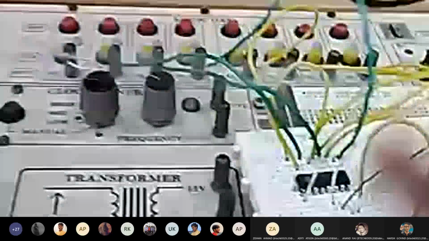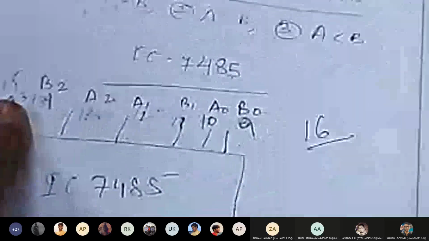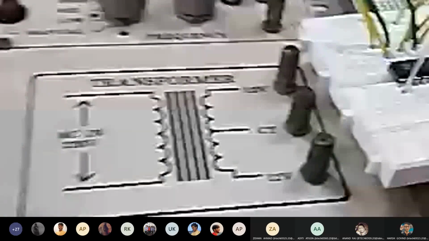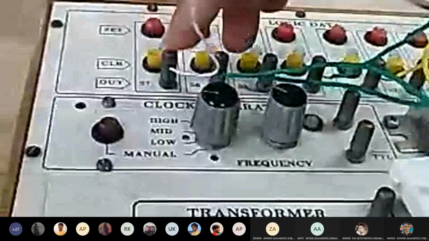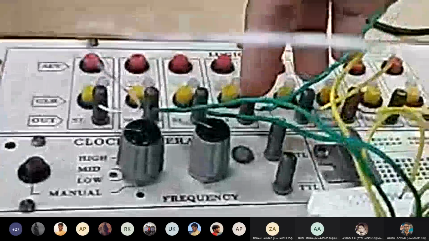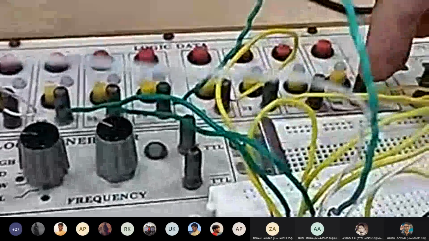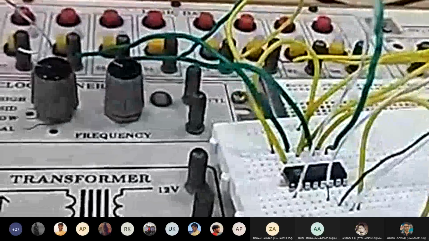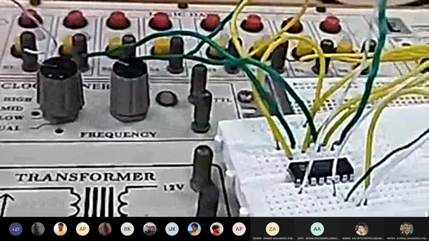Similarly, you have to connect according to this number, because every pin has allocated its own bit. That is, 9 is B0, 10 is A0, 11 is B1, 12 is A1, 13 is A2, 14 is B2, 15 is A3, and 1 is B3. You can see this is your 1, and this has connected here, B3. That means this is B3, B2, B1, and B0, and here it is A3, A2, A1, A0. Is it clear, everyone? Yes or no? Yes, ma'am.